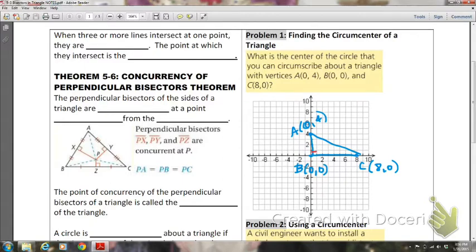Since this is a right triangle, that makes it a little easier on us because it's easier to find the perpendicular bisector. Let's look between A and B. Between A and B, it's a vertical side and it's a side of length 4. So the perpendicular bisector is going to be that horizontal line there that goes through